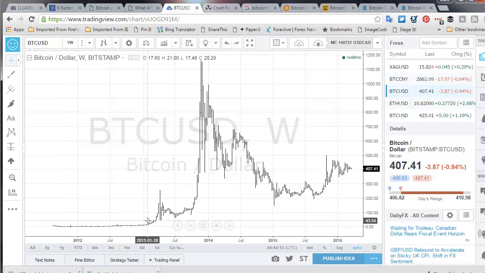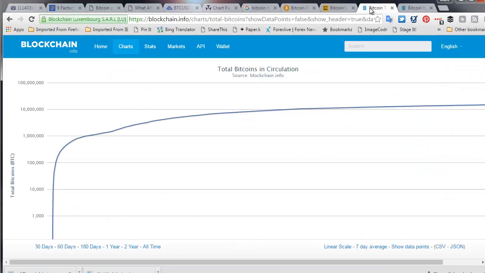So if we're going back to our drivers of value, it is supply and demand. If we look at the first thing we want to understand, it is what was the supply of Bitcoin. And as you know, Bitcoin started in 2009. It was mined pretty aggressively early on, and then the rule of Bitcoin is that with increasing difficulty, the number of Bitcoin that become available starts to diminish. So there's a curve for Bitcoin, which is the total Bitcoins in circulation. So I have pulled this out. This is the whole life of Bitcoin.